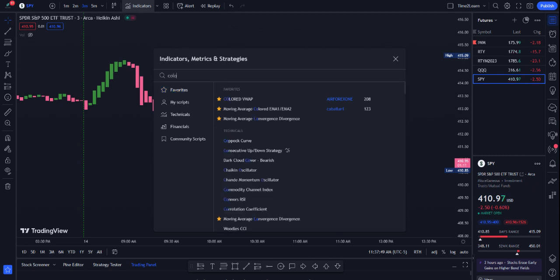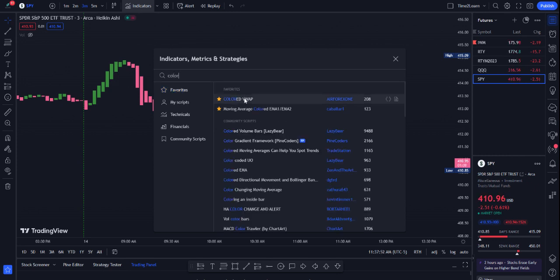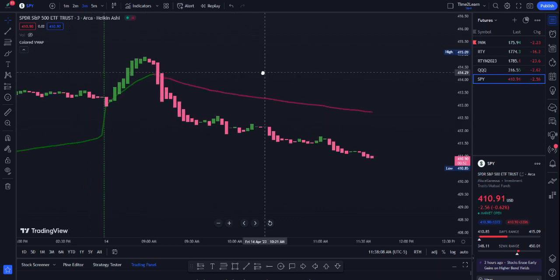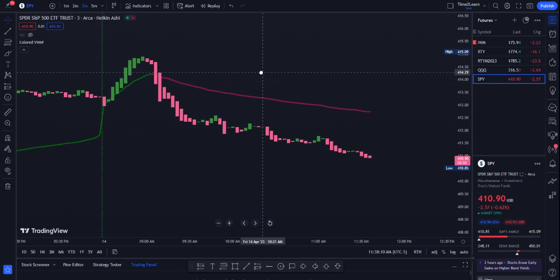So whether you use the regular VWAP or the VWAP that I use, which is the colored VWAP by AFRX1, it has 208 subscribers. Once you add that indicator, you may change the colors as you need to. I am using the 3-minute chart for entry. If you want to take a quick scalp while the stock is at the VWAP, you would get in and